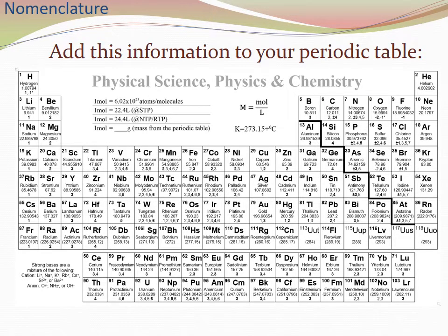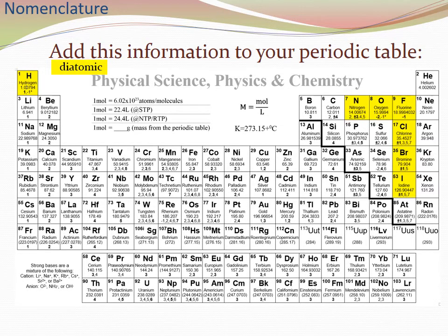Add this information to your periodic table. First, write the word diatomic somewhere and highlight it. Then I want you to highlight the diatomics on the periodic table. I also want you to list where the noble gases are, and especially important in naming is the line that